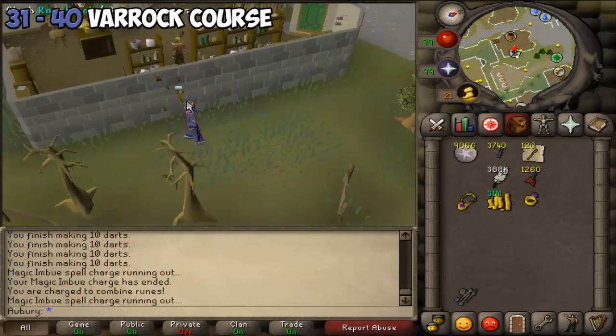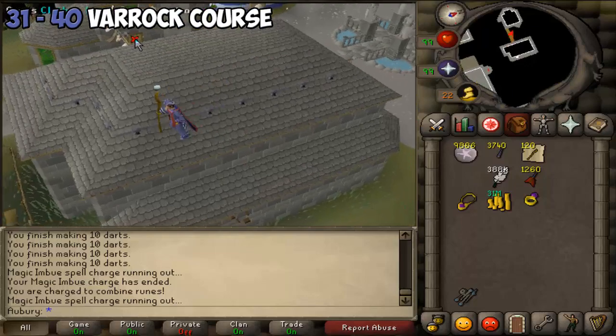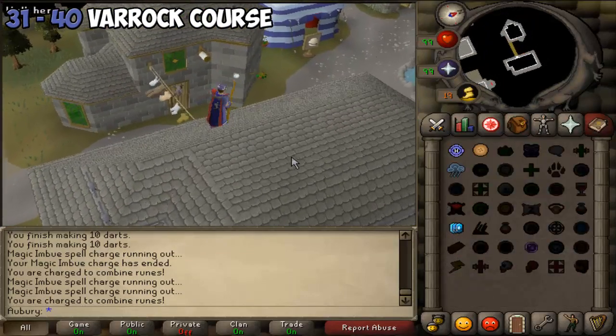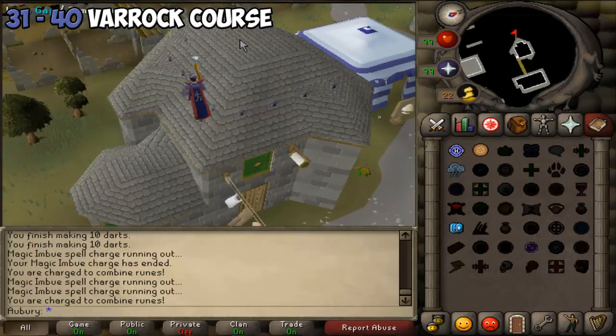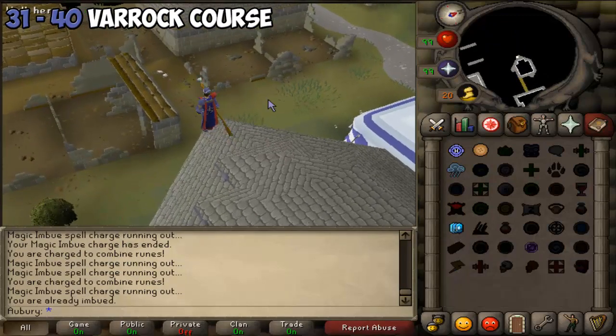Alright, so after you've completed this quest, you can do the Varrock Agility course. It requires level 30 agility, and it will be the best way to go as far as agility XP until level 40. One thing to keep in mind though actually is that at level 35 you can do the Barbarian course. I found that the Barbarian course is about 1 to 2k XP per hour faster than the Varrock course,